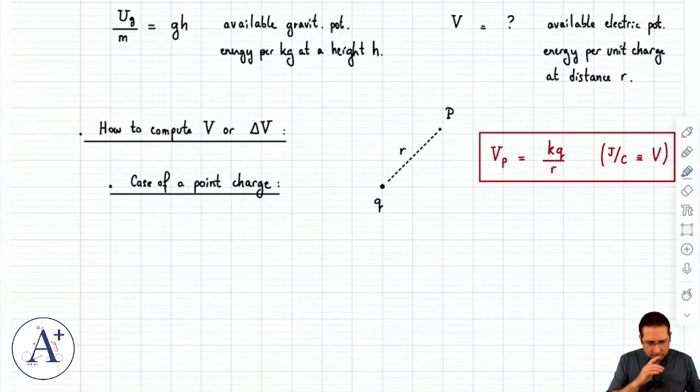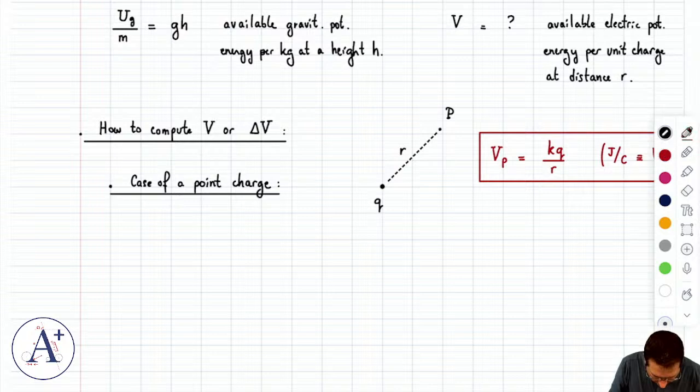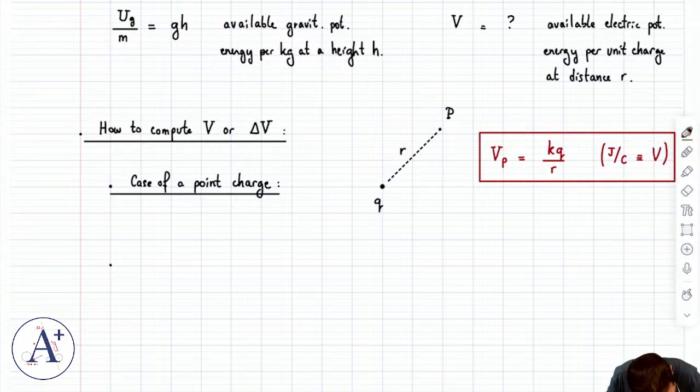So we'll talk about that in the first problem. We'll see how you can translate that to electric potential energy. But if the goal is to compute V, the easiest case is the case of the point charge. You can use this formula off the shelf. You don't have to prove anything. It's a given. Okay? Now, of course, we should probably, while we're at it, talk about the case of multiple